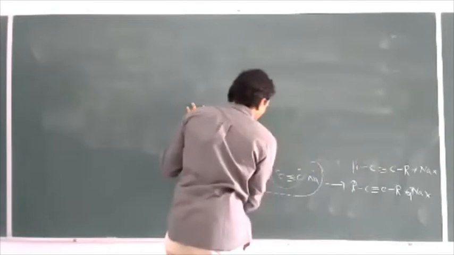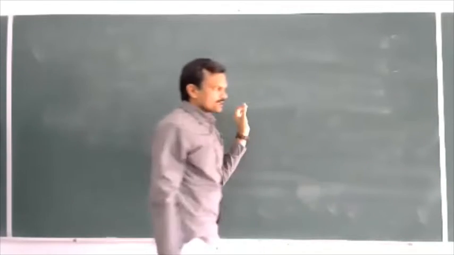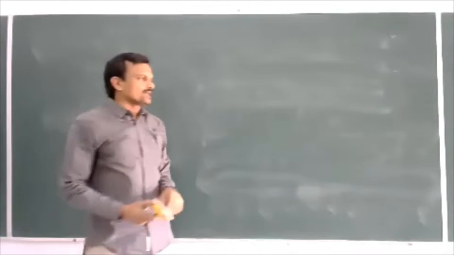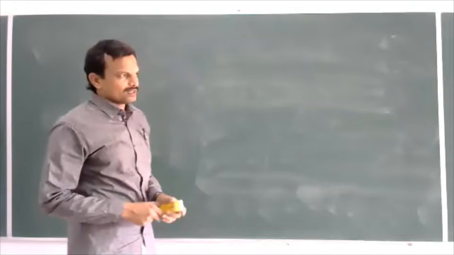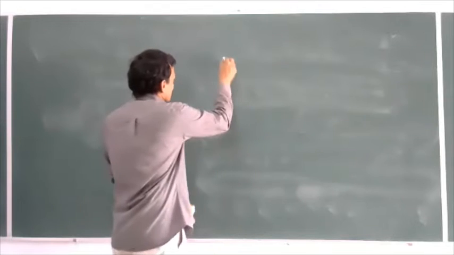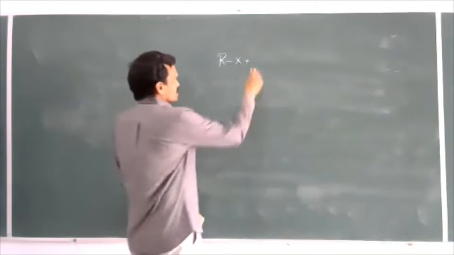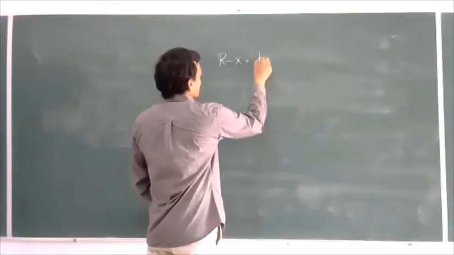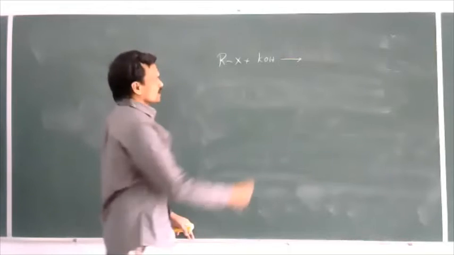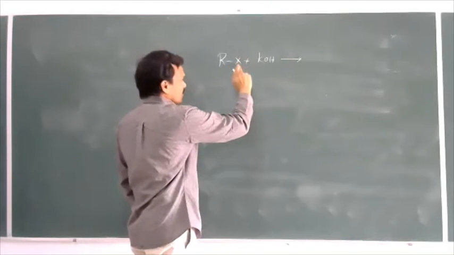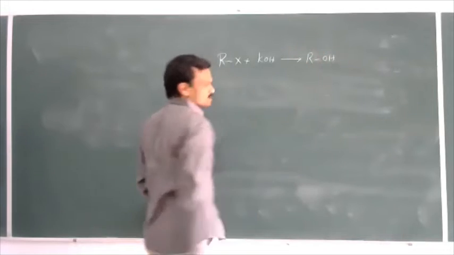So these are all nucleophilic substitution reactions. In all these, the common feature is that the nucleophile of the reagent given replaces the halide ion in the haloalkane. See briefly all those already on a simple form. RX, when this is allowed to react with KOH, gives rise to... What is the nucleophile here? OH minus. OH minus replaces X minus. Then you can get ROH.